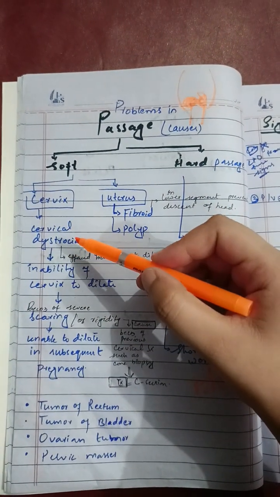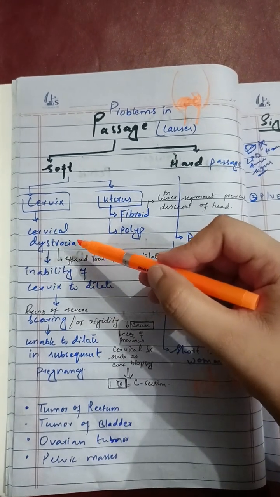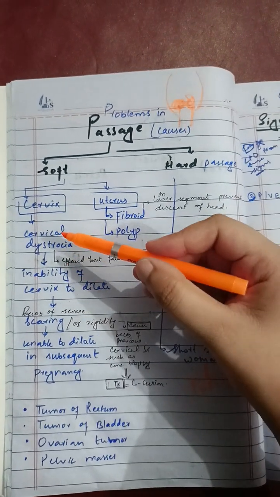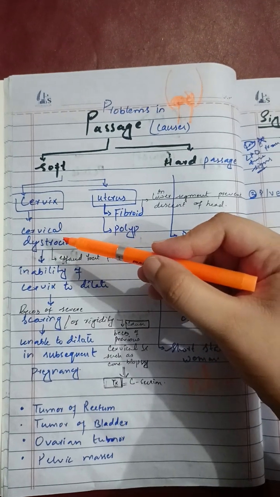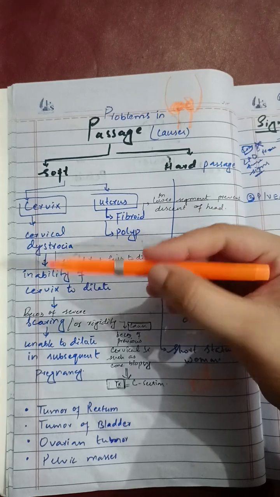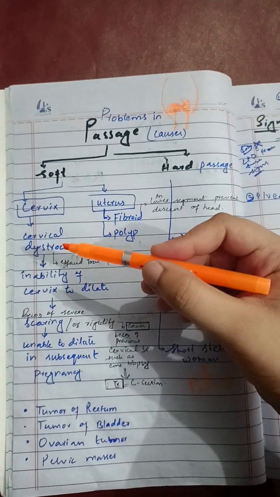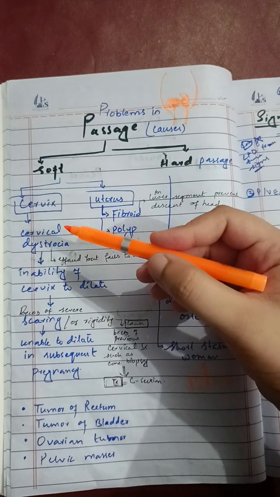Cervix, cervical dystocia lead to cephalopelvic disproportion and prolonged labor. What is cervical dystocia? If a female has undergone cervical biopsy or cervical surgery, and after that biopsy there is scarring in the cervix, due to scarring the cervix is unable to dilate in labor, in